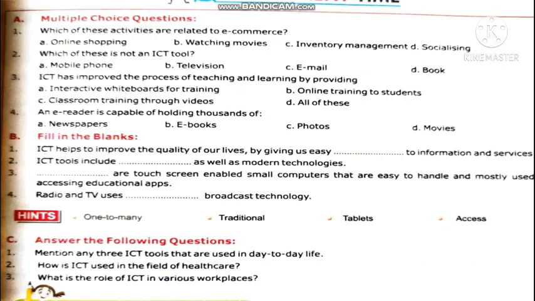Okay, now let's start with the exercise. This you people have to solve, and once we have the online class, at that time we'll discuss. Okay, here multiple choice questions are there. Which of these activities are related to e-commerce? Online shopping, watching movies, inventory management, and socializing. So I have already told you what e-commerce means; practice all these questions, and in the online class we'll discuss,